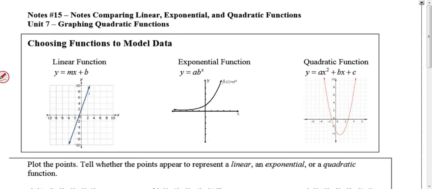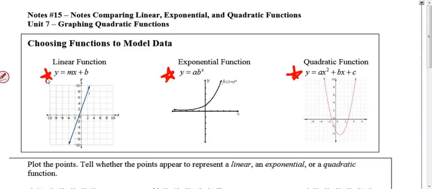We have three different kinds of functions: linear functions, exponential functions, and quadratic functions. So for each of these, I supplied you with the form right underneath each one. So we have y equals mx plus b, y equals ab to the x power, and then y equals ax squared plus bx plus c. It is somewhat the parent function,